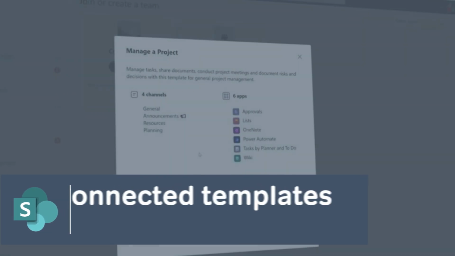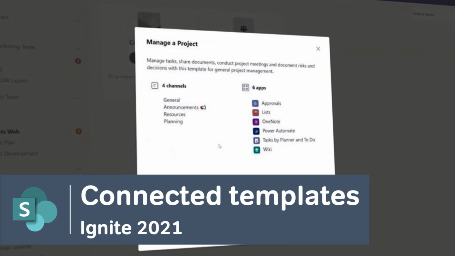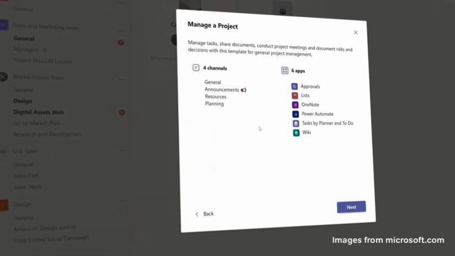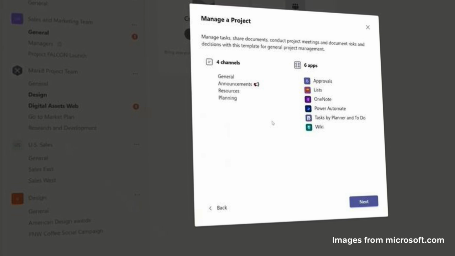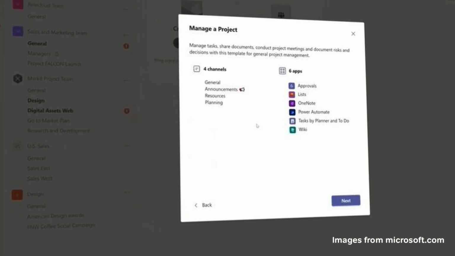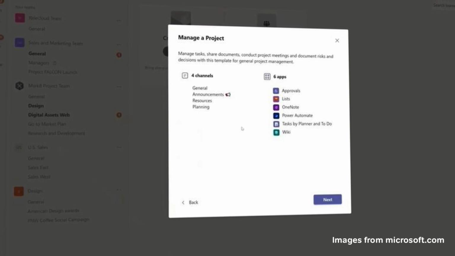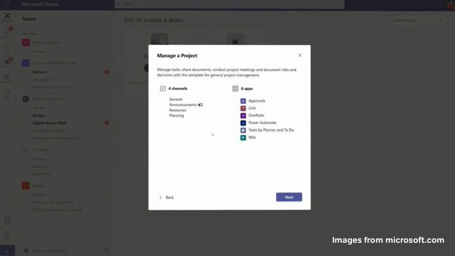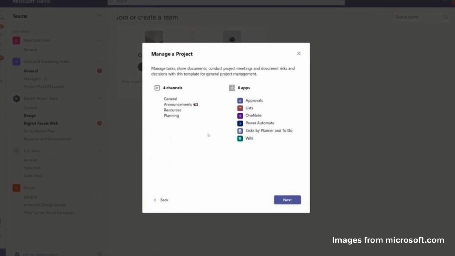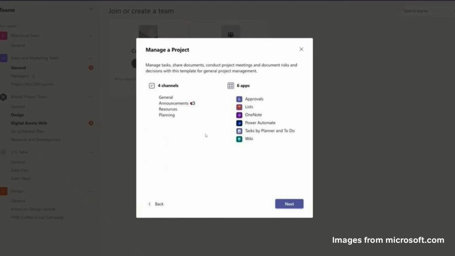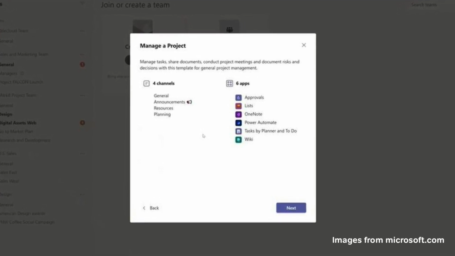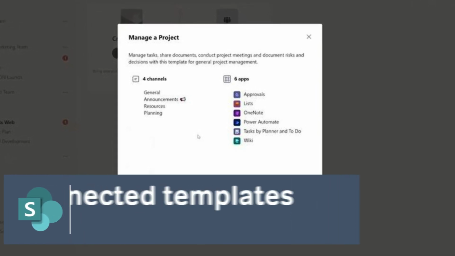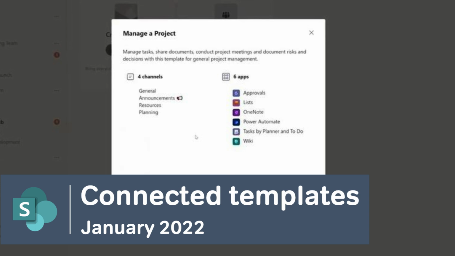You might know that you can create Teams and SharePoint sites from templates. Each has its own set of great templates that will create resources like channels and apps in Teams, libraries, lists, and even change the look and feel in SharePoint sites. A new feature called Connected Templates is going to link them. Soon, when we create Teams from a template, the SharePoint site that gets created with Teams will also have a connected template applied, and the SharePoint site will be pinned inside of the new team. Connected templates should be available for everyone from January 2022.